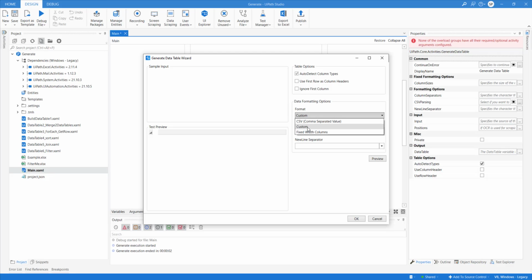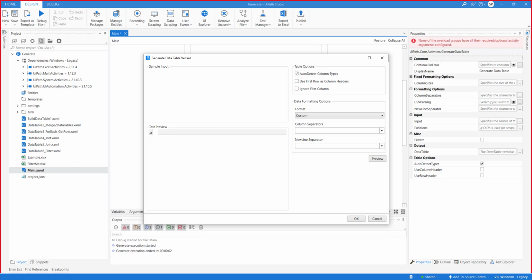For the others we can use custom. And then in the column separator, we need to specify what the separator value is. Are they separated by comma? Are they separated by semicolon? Are they separated by some other text delimiters, and so on and so forth? You can select those values from the drop down. We have space, tab, new line, colon, comma, semicolon, equal signs. Using this column separator, you can use those.